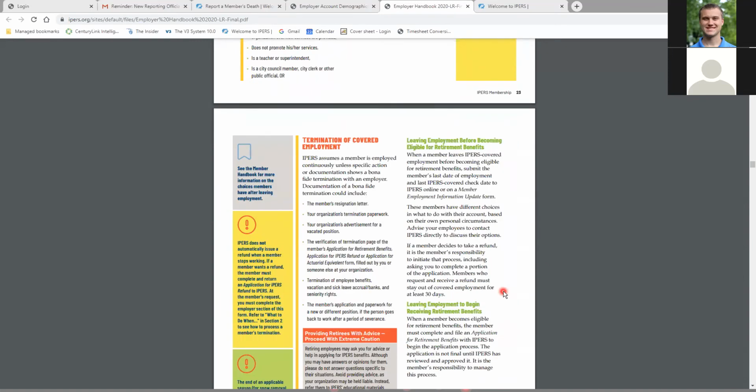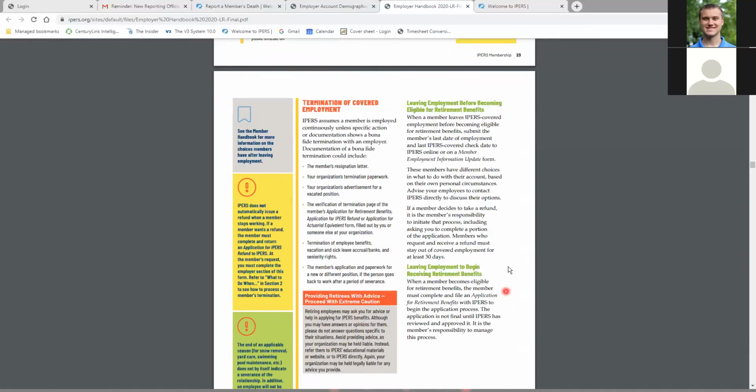IPERS assumes that a member is continuously employed unless specific action or documentation shows a termination with you. Examples of what that documentation should include are a resignation letter, termination paperwork that is completed there at your office, an advertisement in a paper or on a website for the vacant position, or the verification page from the benefit application that they would get from our benefits department,